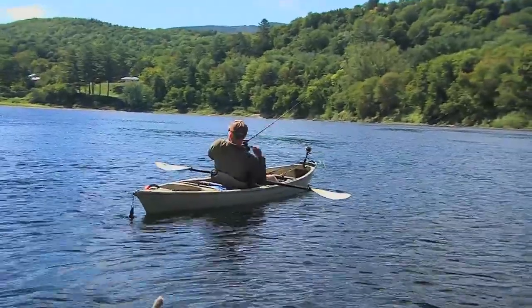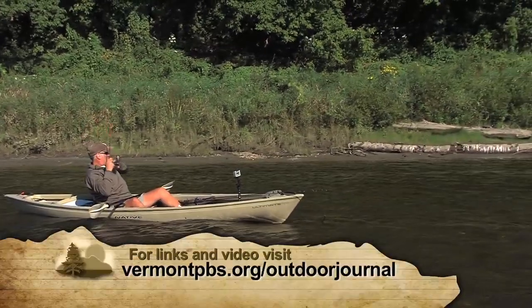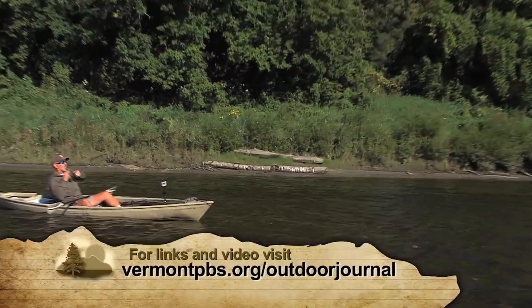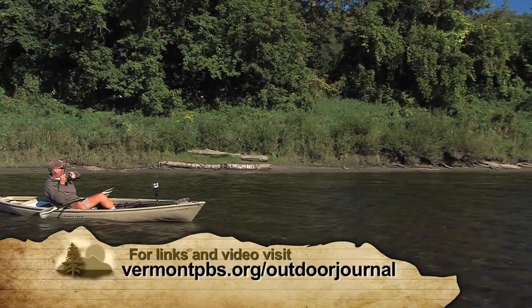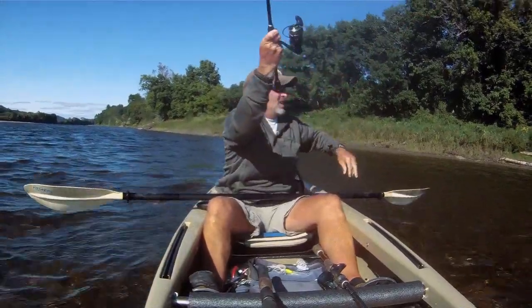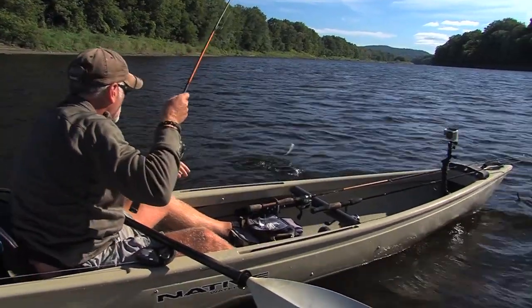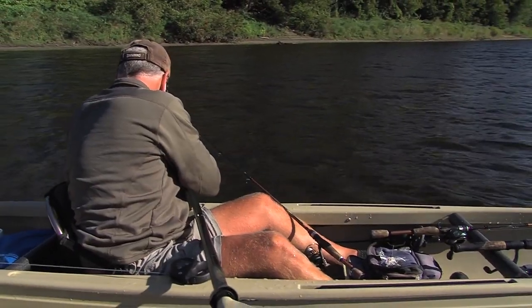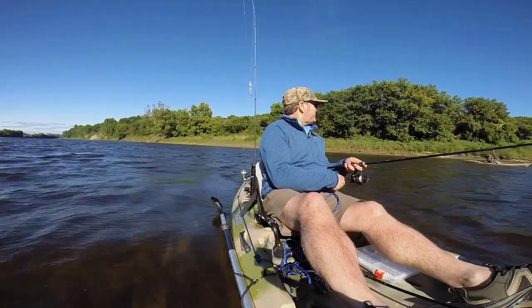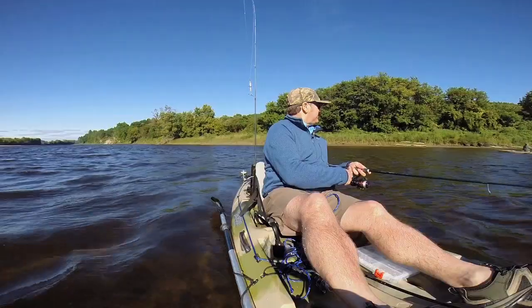Oh, there's one. And all along the way, we caught bass that ranged from small and feisty to the occasional real lunker. Oh, that's a big one too. That's a good jumper. A decent bass out of this river, I think, is 18 plus inches, and you're talking in the 3.5 to 4.5 pound range. I've caught them up close to 6 in this stretch. I'm sure there's bigger fish out there. Same size, bigger, what do we have? That is an even nicer fish. That's probably